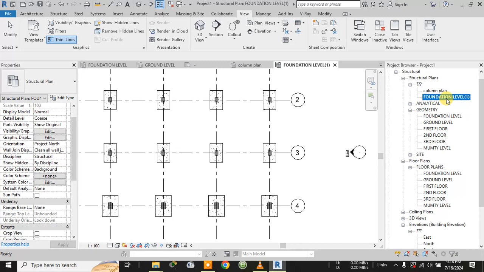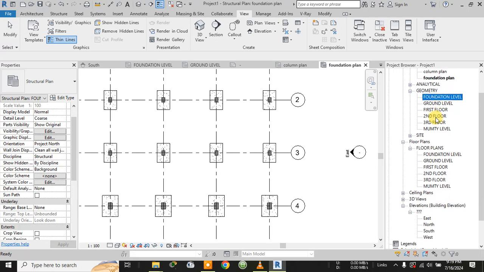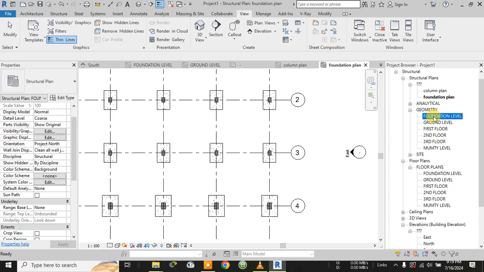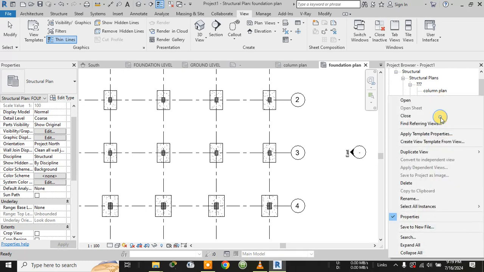So I will rename this one as the foundation plan: column plan, foundation plan. Then I'll again rename this one as another one. Let me create another one,